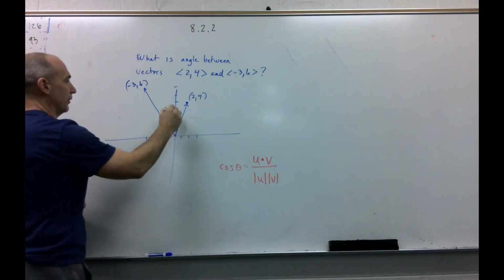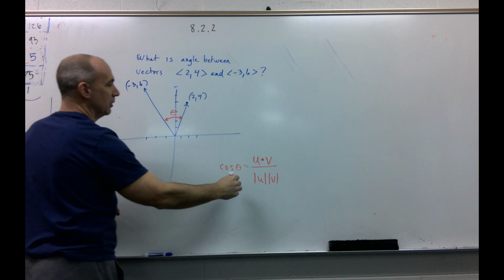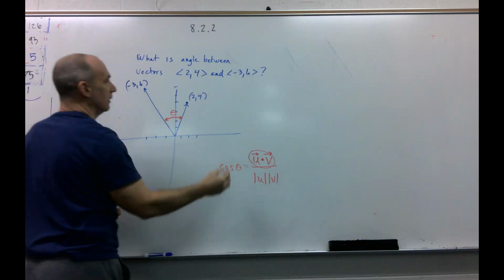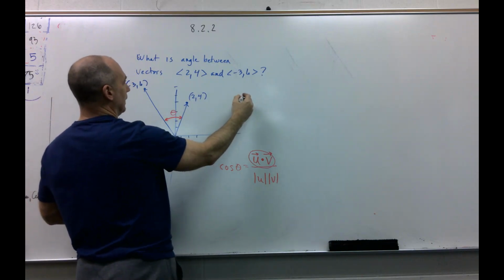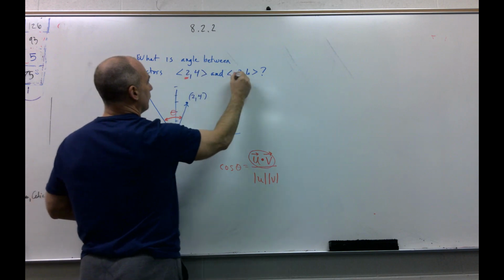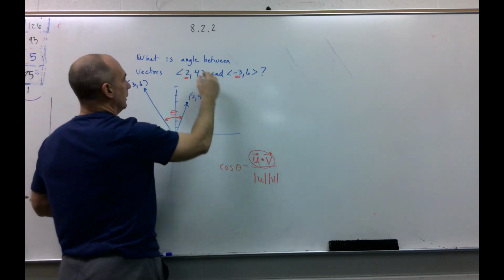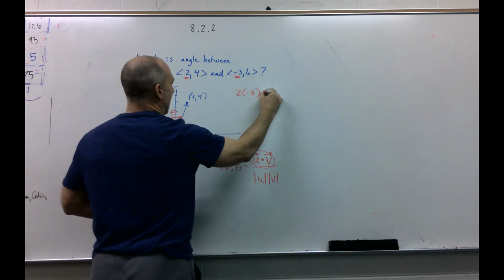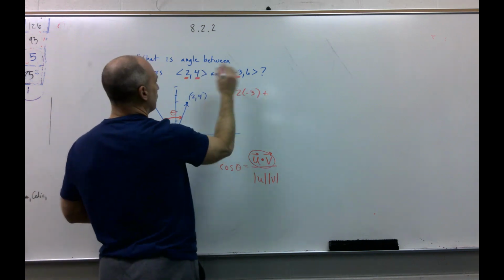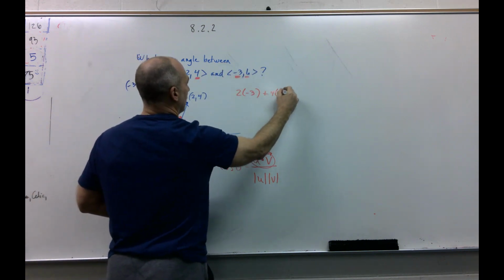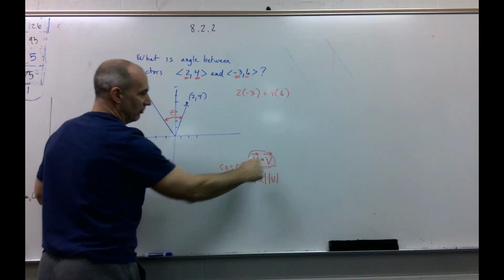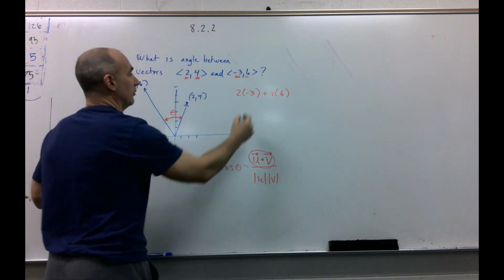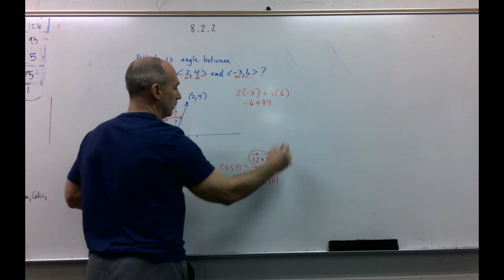All right, so this is our angle in this formula. Well, the dot product of vector u and vector v, basically the definition of dot product is you take the first, these are called your a's, and you multiply these together, so you get 2 times negative 3, and then you add your y's, or the product of your y's, 4 times 6. So it's simple, it's just weird looking and different, especially if you didn't get that taught to you at the end of Pre-Calc A. So it's negative 6 plus 24, which gives us